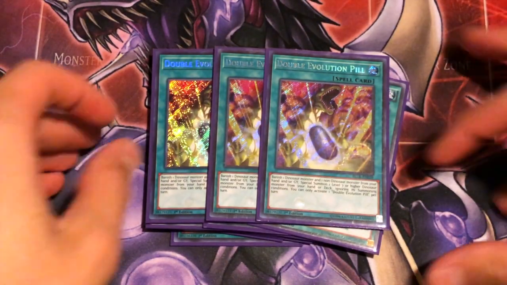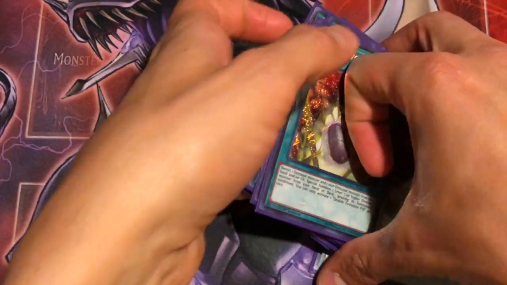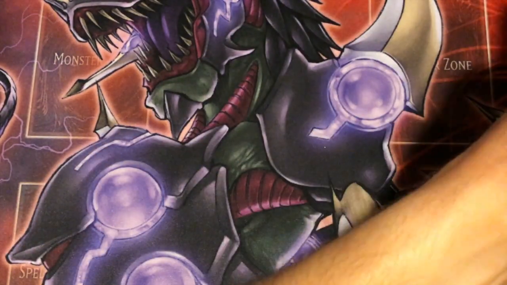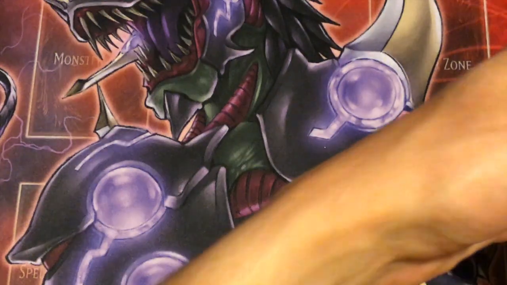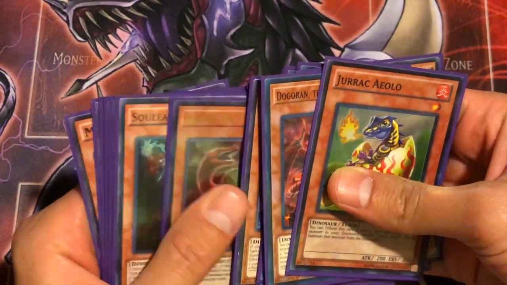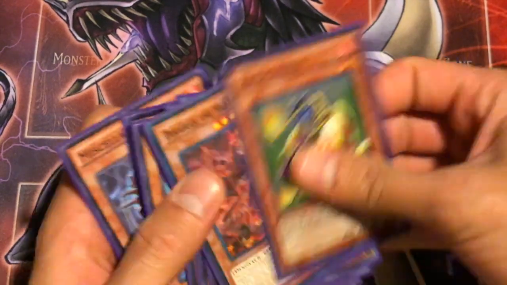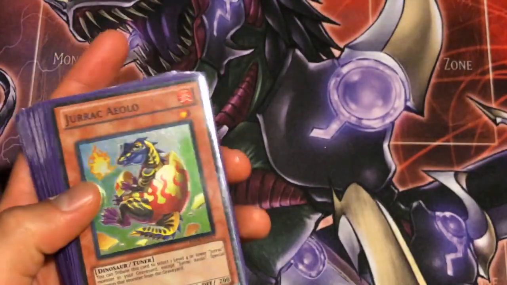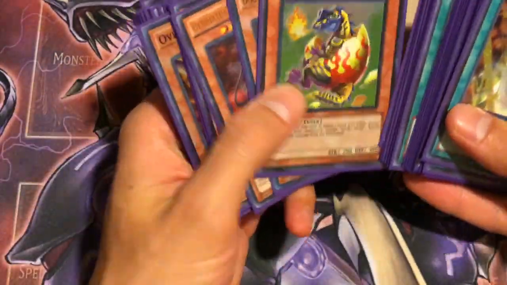They can just link it away, but they have to go about it in weird ways. And then 3 Double Evolution Pill. We're just trying to maximize our potential in seeing Ultimate Conductor Tyranno, which is your win condition. How many Dinos are you playing? 19. Dogoron does not count, so we're playing 18 summonable Dinos and